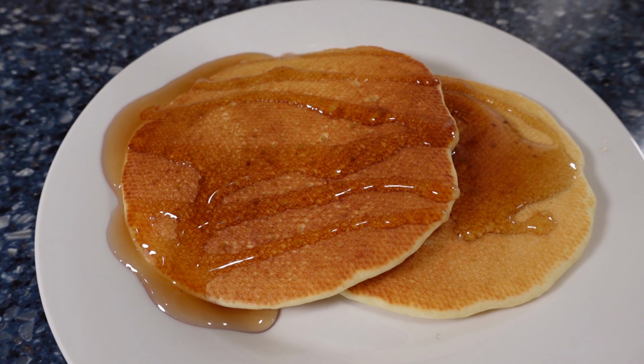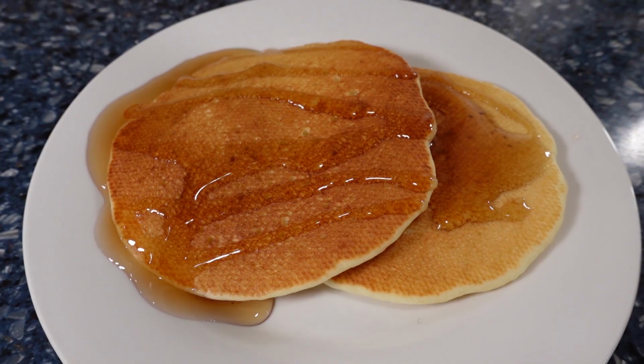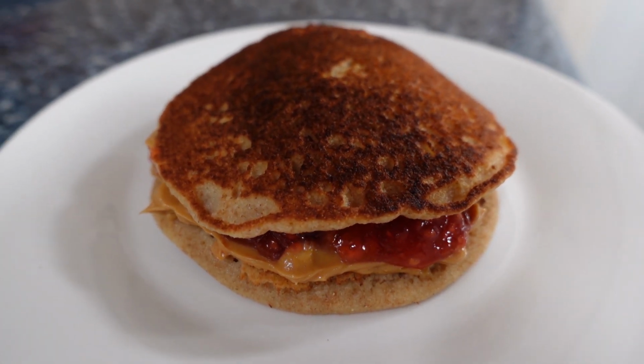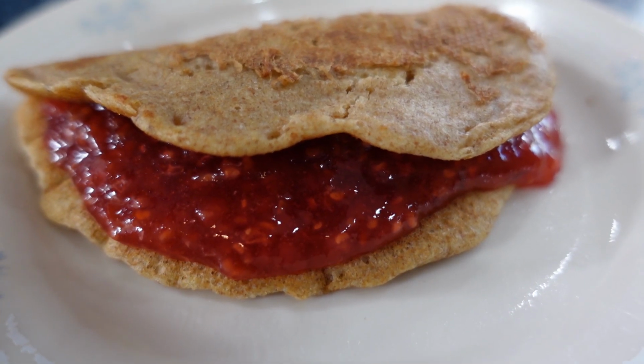Are you just gonna put maple syrup on it? Like, what are you gonna do with these pancakes? I mean, you could just put maple syrup on them. My favorite way to do it is to do peanut butter and strawberry jam, get like a PB&J kind of action there. So we make the most amazing